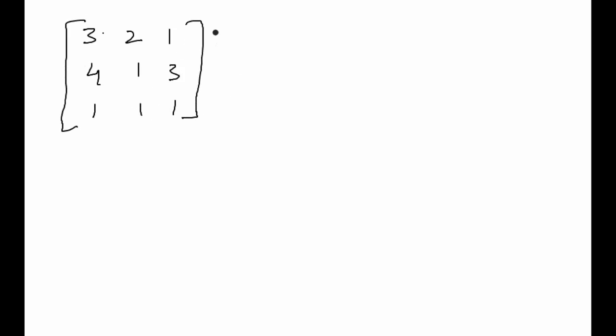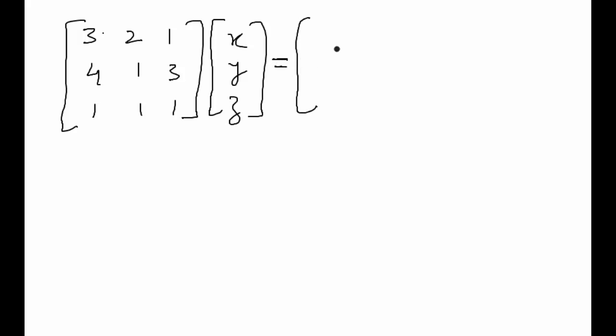This value on multiplication with the variable matrix, which in our case is xyz, should give us what? The constant matrix, which is 1600, 2300 and 900. This is the matrix equation which we can solve now. If you actually multiply these two values and try to equate this resultant matrix with the right hand side matrix, you will get individual equations.